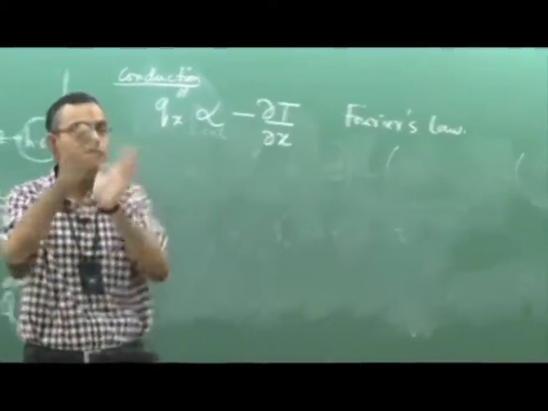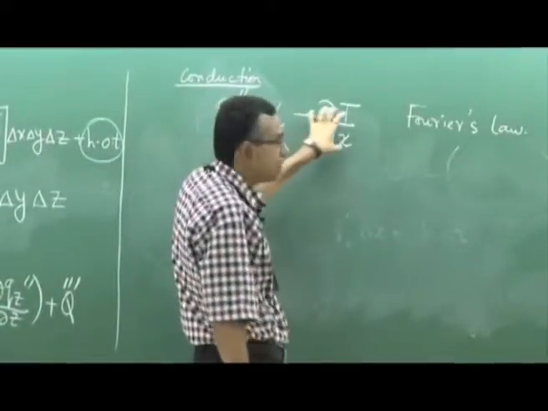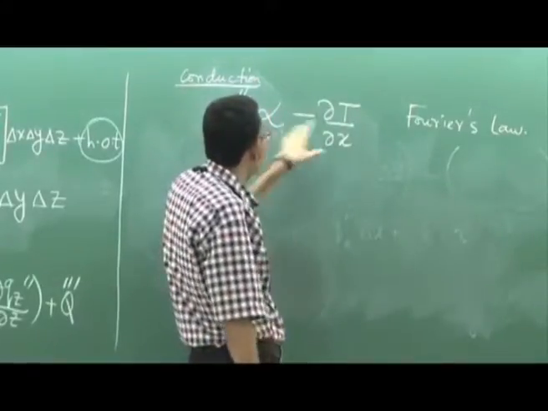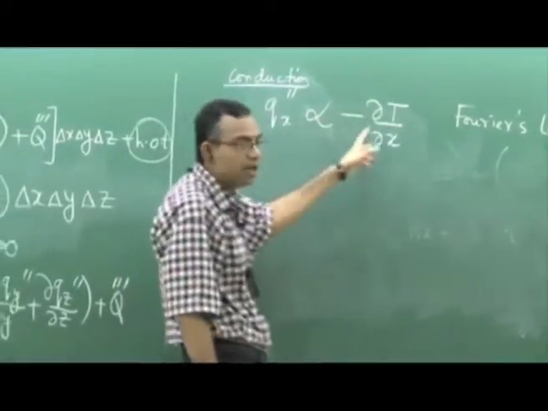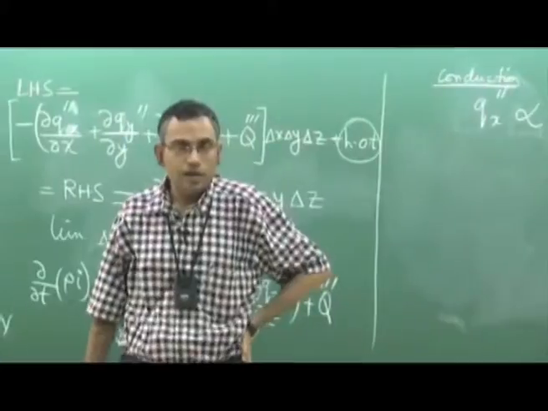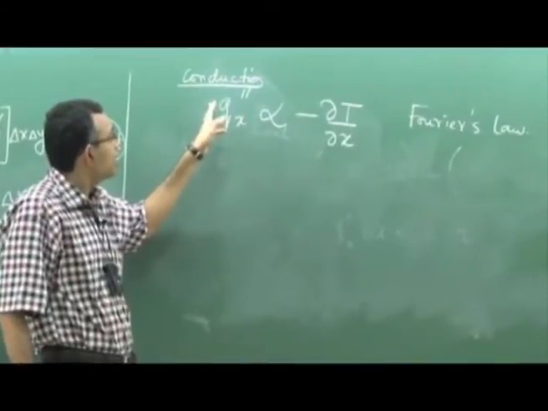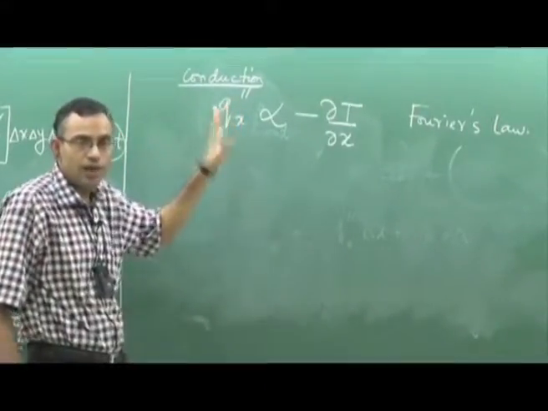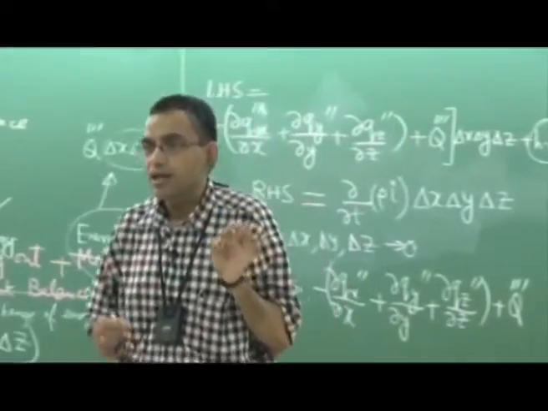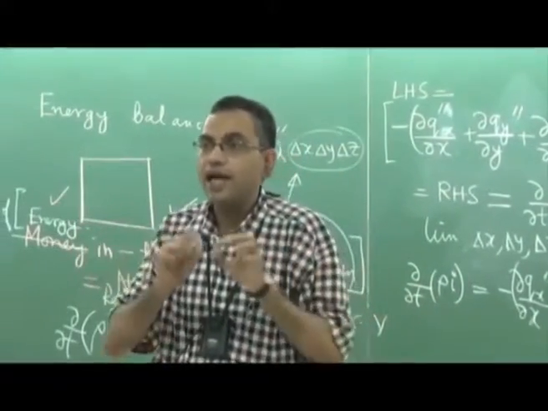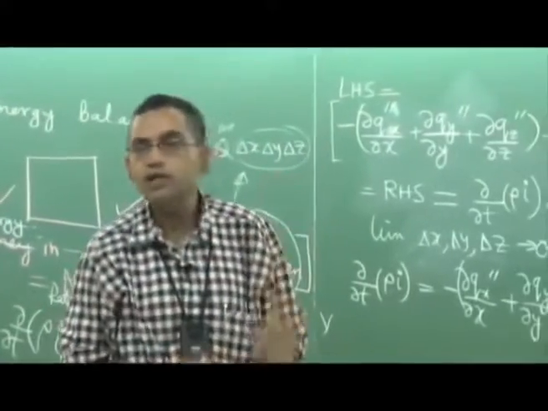So this is a cause effect type of relationship, and this is a linear relationship. As you can see, this type of relationship is a linear constitutive behavior. That means the heat flux is linearly related to the temperature gradient. Now this assumes that we are considering a situation when, physically, if you create a disturbance in temperature at a point, that propagates to all possible directions at infinite speed. That is the basic physical premise of the Fourier's law of heat conduction.